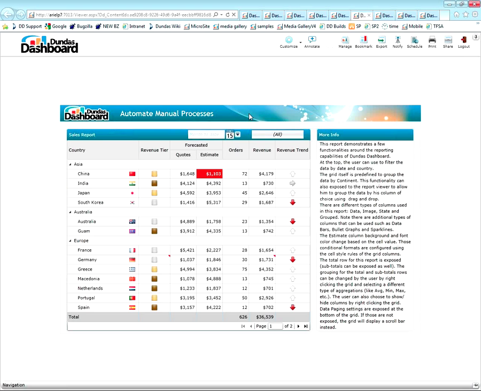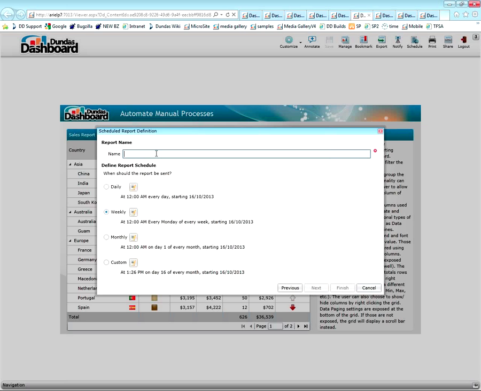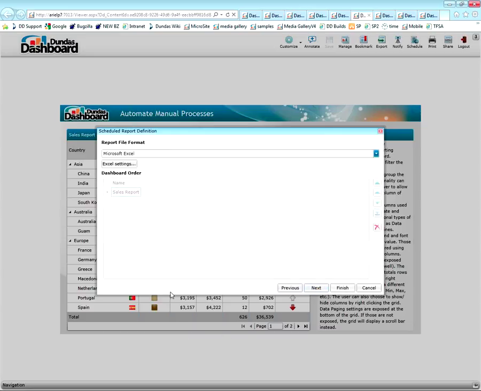So this is a daily sales report I'm using constantly. What I can do in order to automate my business process is just schedule this report from the toolbar and create a new schedule. I can hit next, provide a name for this report, define the schedule frequency, so in this case I need it on a daily basis, hit next, and I can